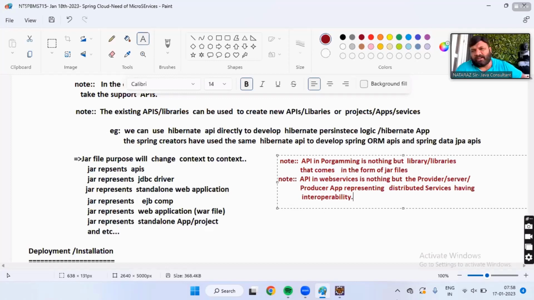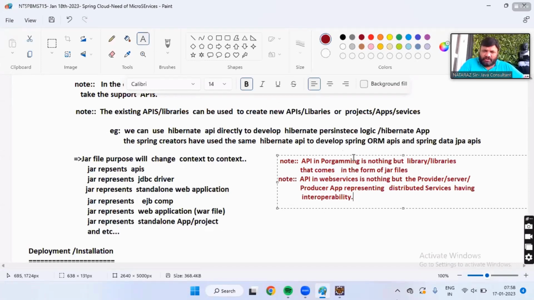I hope everyone remembered the word interoperability.